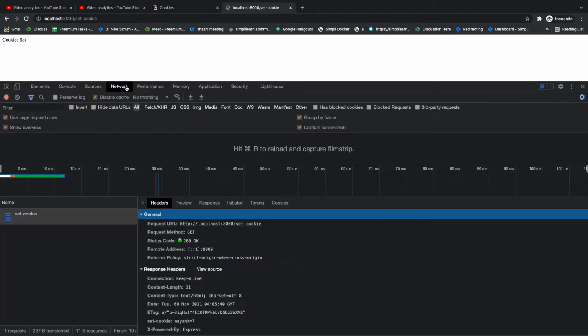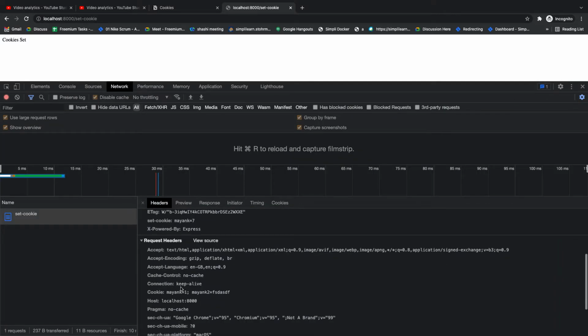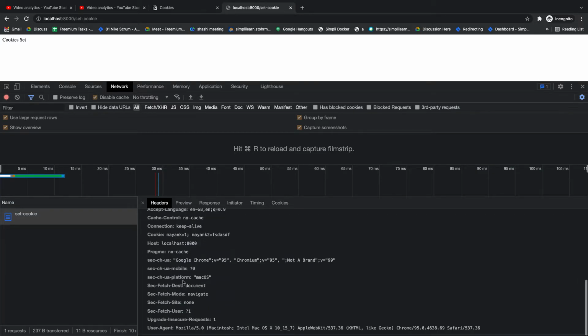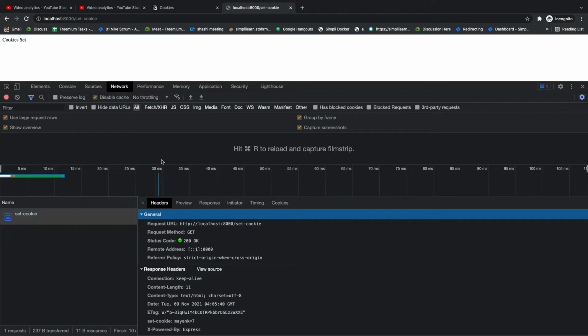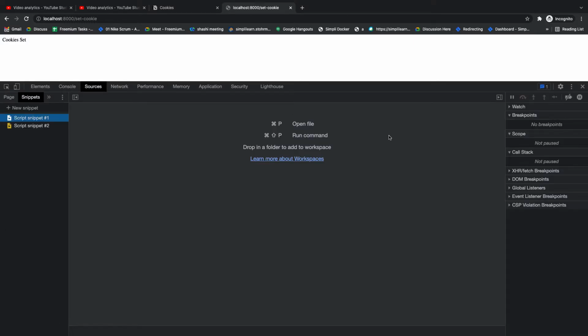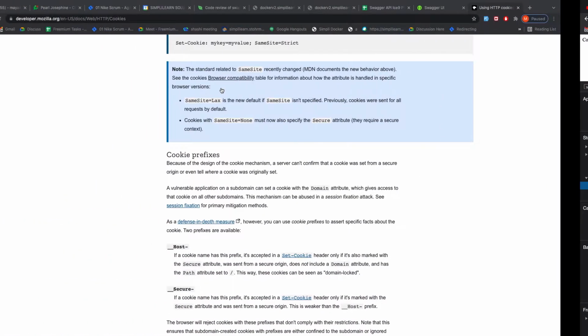So these are simple cookies. I am able to set cookies through client side as well as server side. Now if I want to set some cookies that I do not want my browser to access and only the server can access, for that we can use an attribute called HTTP only.